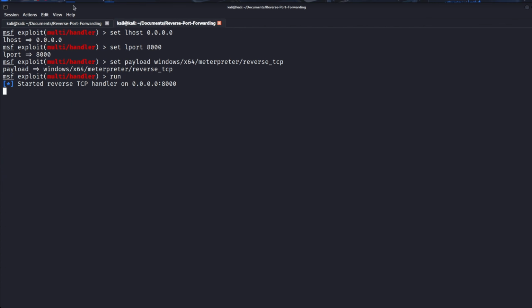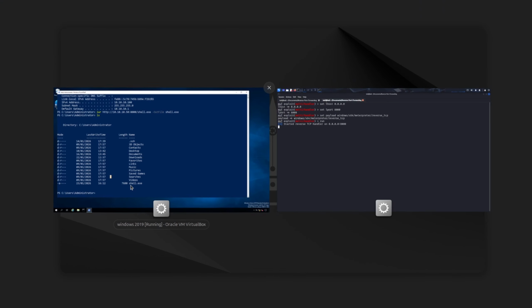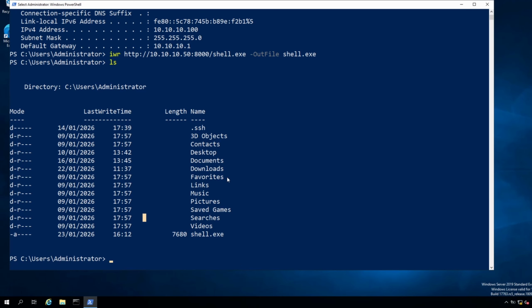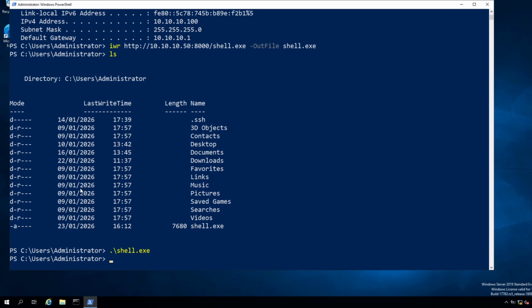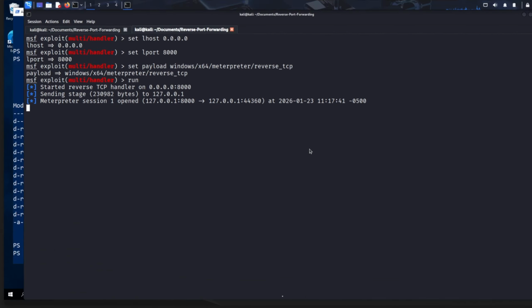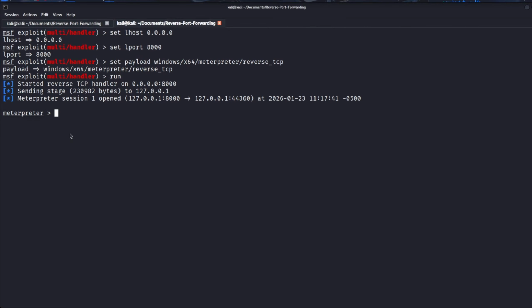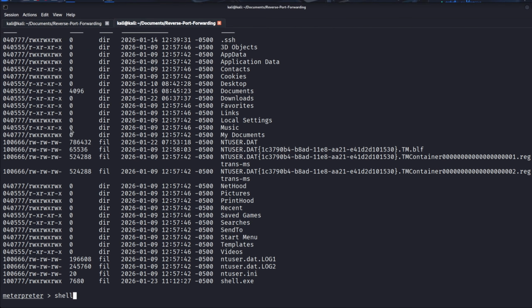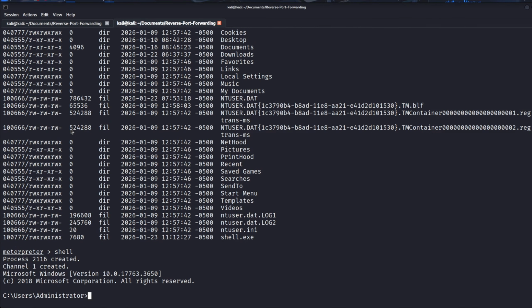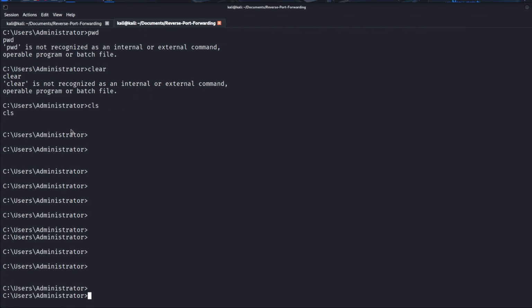Now, if we go to the Windows machine and run that shell, and if all's worked well, we get a shell back. So there we go. Step into a shell, and now we've got a shell back on that Windows machine, on our Kali machine,